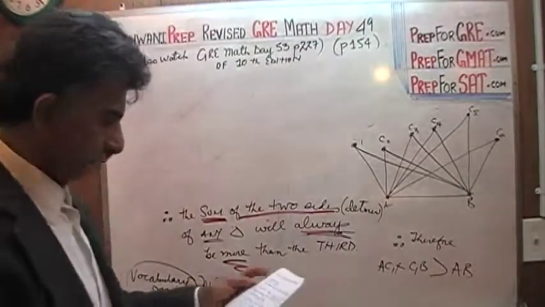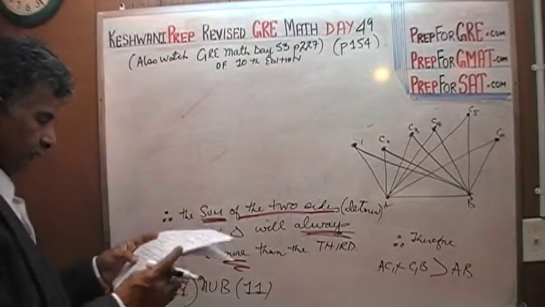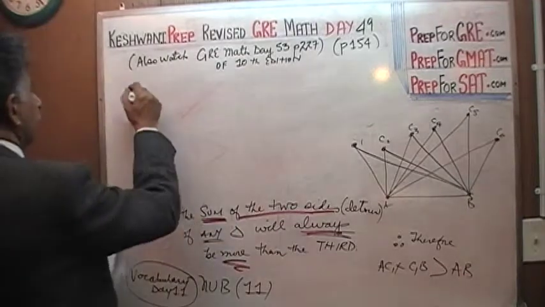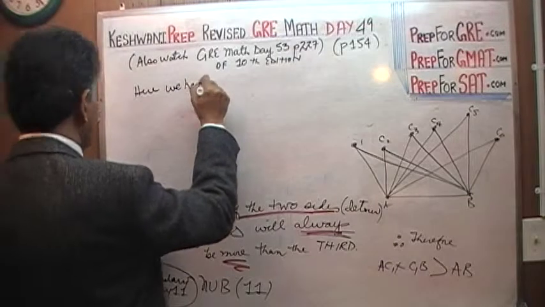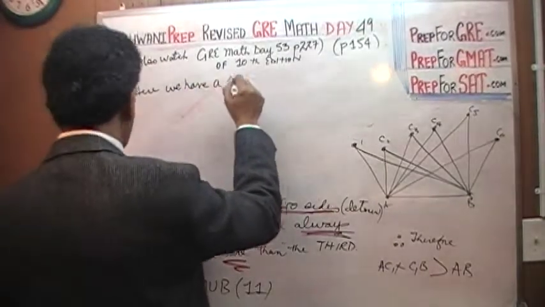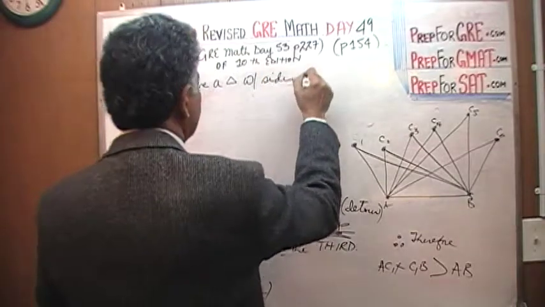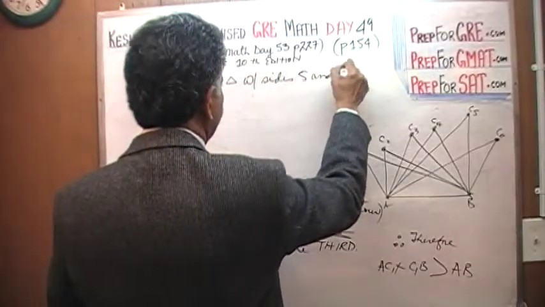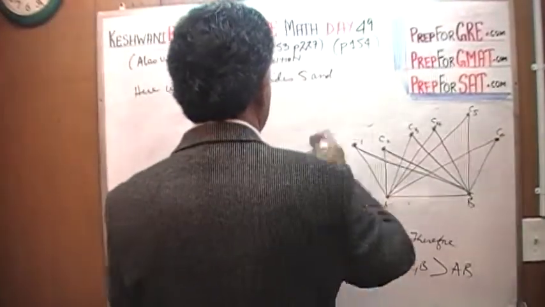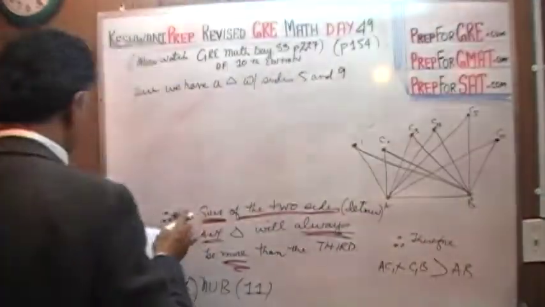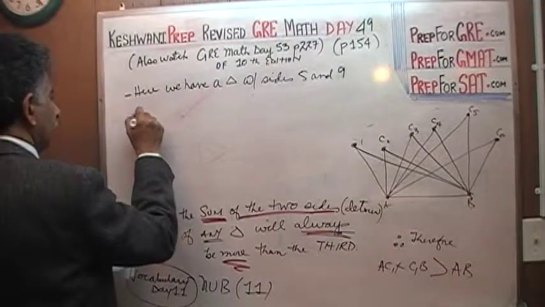Anyway, enough said. Let's take a look at what we have here. Here we have a triangle with sides 5 and 9. The third side, therefore,